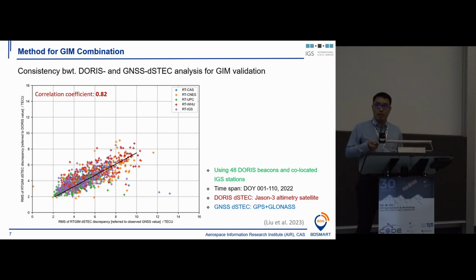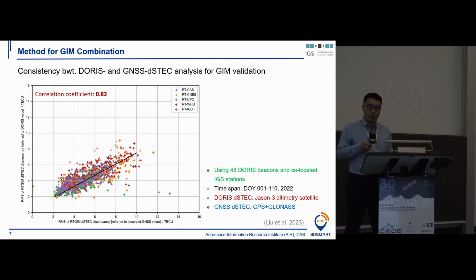Before we made the combination of the IGS rapid and the final GIM product, we first analyzed the consistency between the DORIS-dSTEC derived RT-GIM combination as well as those RT-GIM combined by the conventional GNSS-dSTEC analysis. For this analysis, we used about 4 months of data in 2022 using 48 DORIS stations as well as the